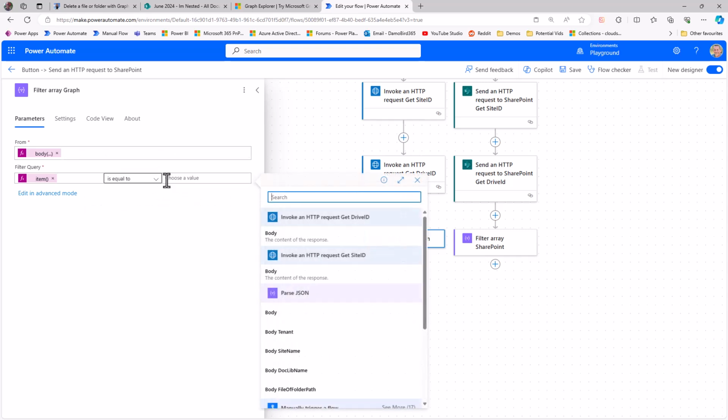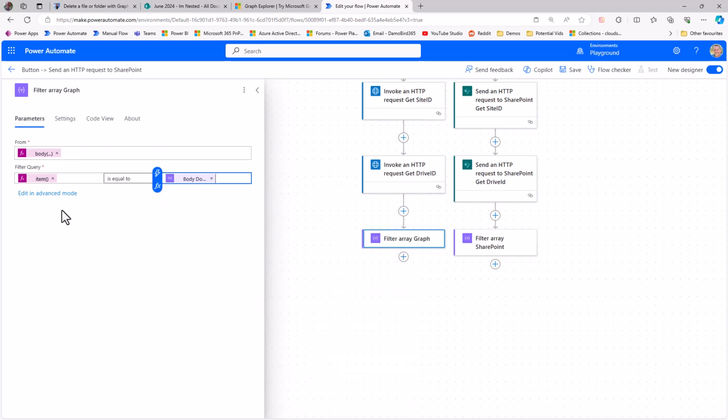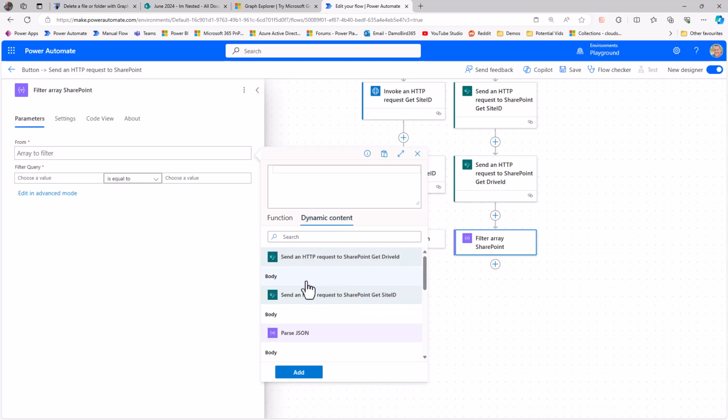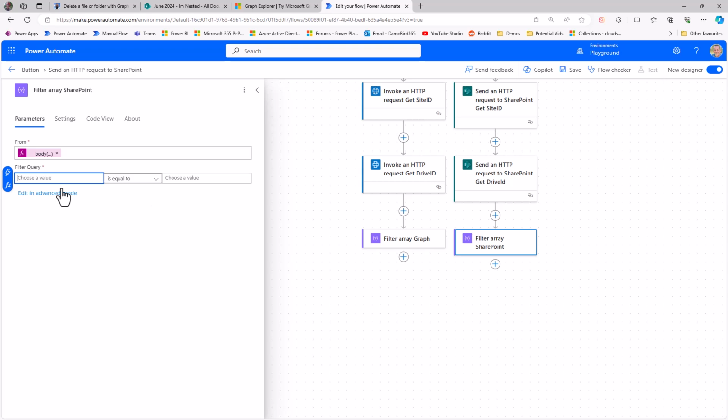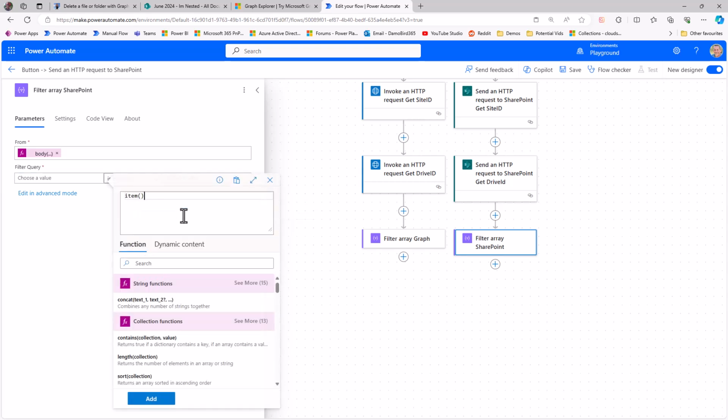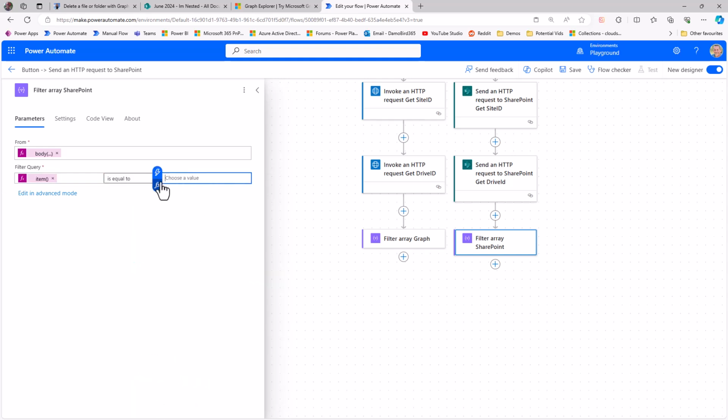We just need to go into our dynamic content now and get our document library name, and all we're doing here is we're filtering the value array that comes back from our drive ID, where the name is equal to the document library name that we specified in our variable above. And we'll just repeat that now over here. So into FX, into dynamic content, we'll choose the body from the drive ID, but I'll change that to include value like so, because it's the value array. And then over in the filter query into FX, item, open close, and then our square brackets with name, and we'll hit add, and then of course we'll use the dynamic value for the name of our document library, and